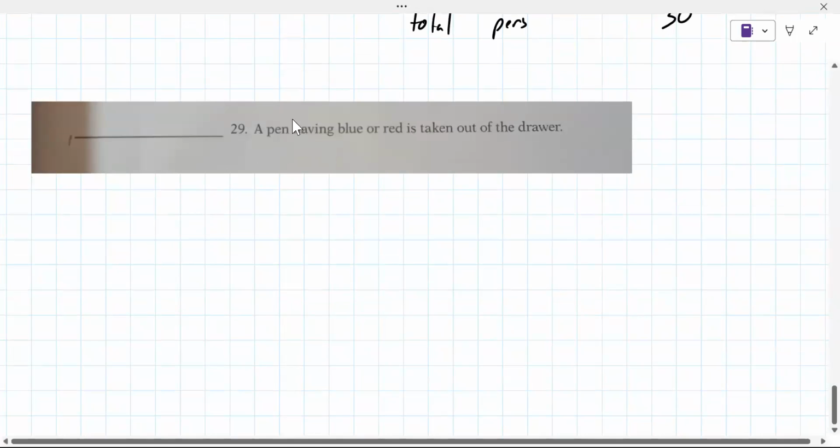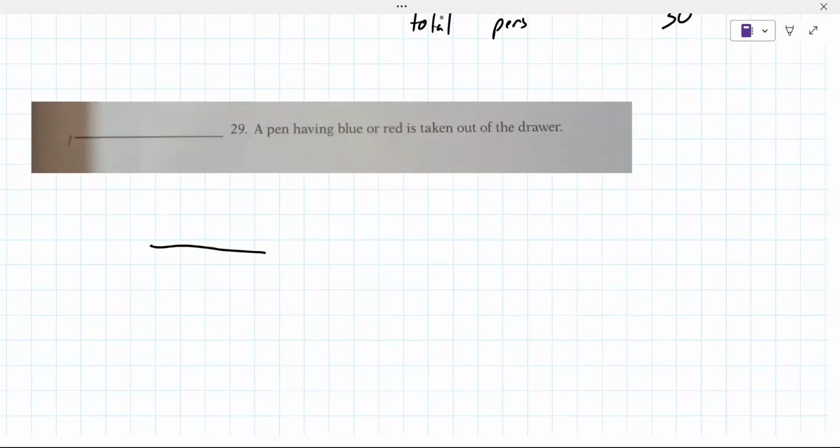And a blue or red pen is taken out of the drawer. This one is a little bit of a guess on my part because what I don't know is whether to include the ones that are blue and red. But there are 10 blue plus 3 red. And then I guess we add in the ones that are both blue and red,